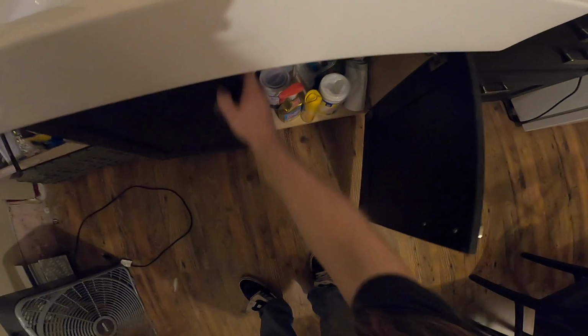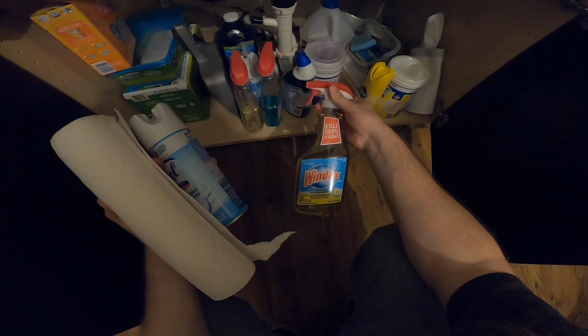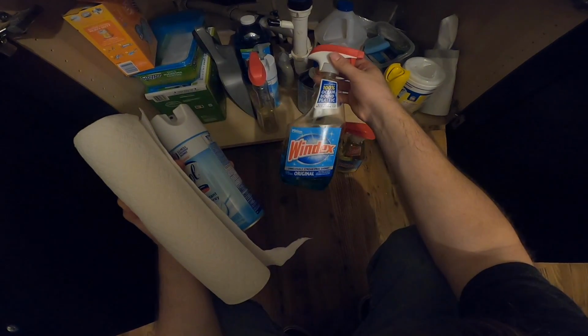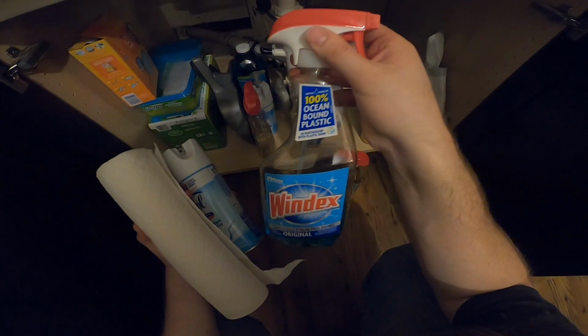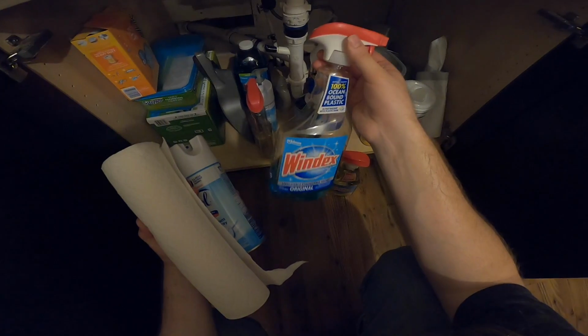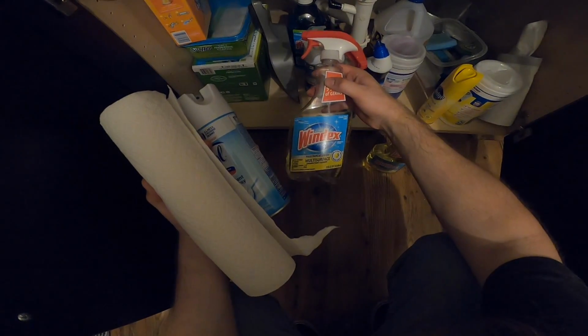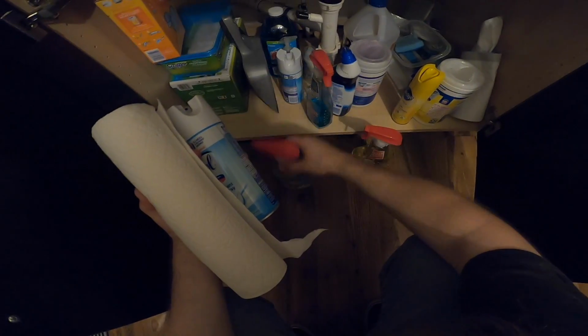I have zero capacity to do more than one thing at a time. Here's the cleaners. Well, these aren't exactly the cleaners I was looking for, but let's see which one of these is stronger. I usually use this one with the ammonia D in it, but I don't think that this one is in partnership with Plastic Bank. Not really sure what that is, but we'll go with this one, because it seems like it could be a little bit stronger. Anyway, so